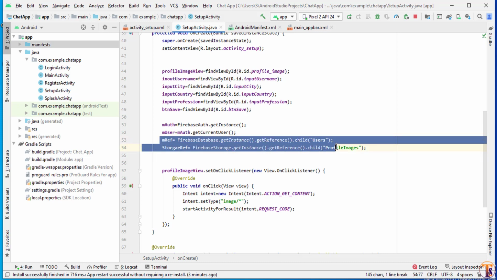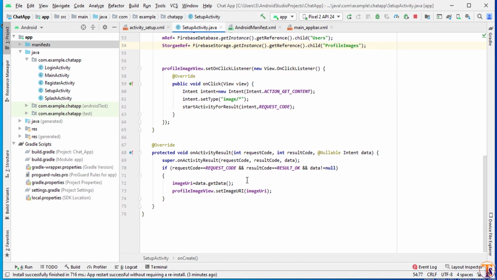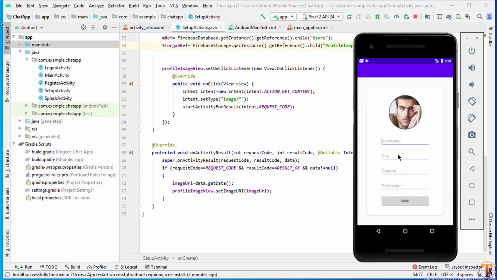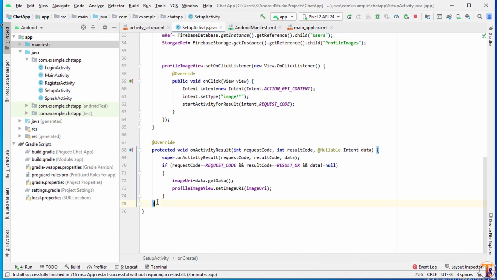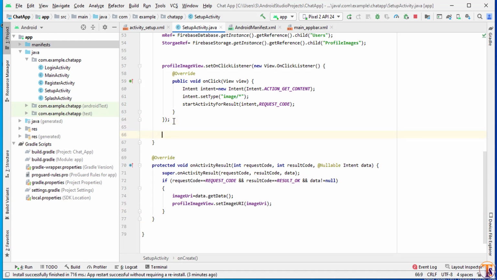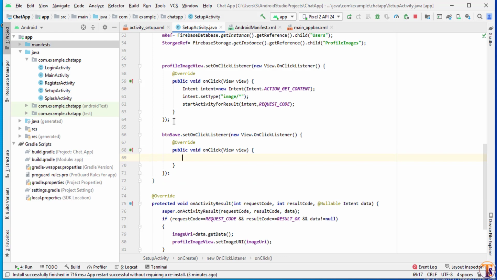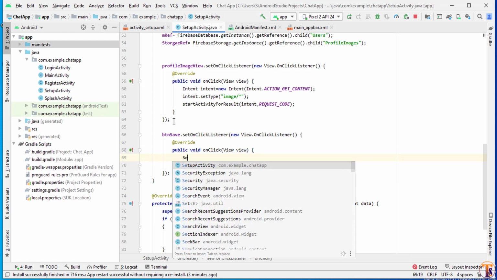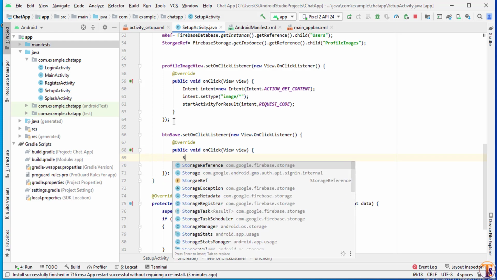So first of all we will get the data from our input field, these input fields. So come down here, and here we will set a click listener on our btn save. So btn save dot set on click listener, new on click listener, and here we will store or save data, whatever you want to call it.